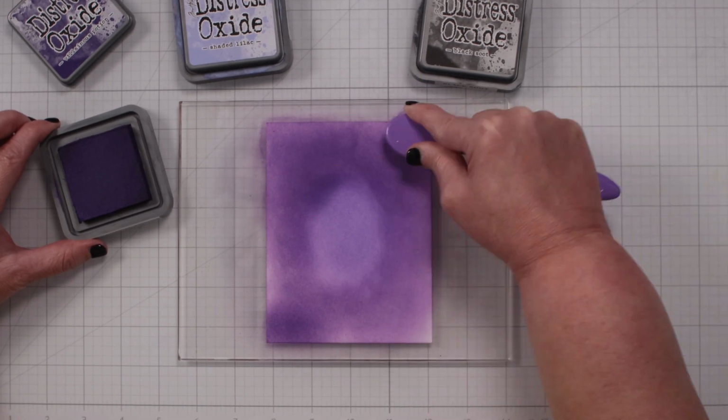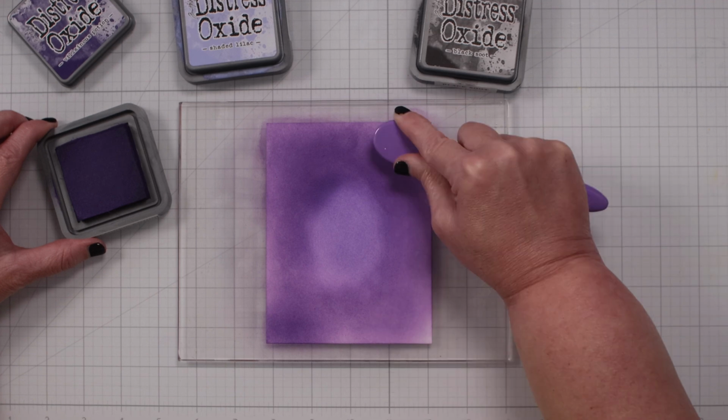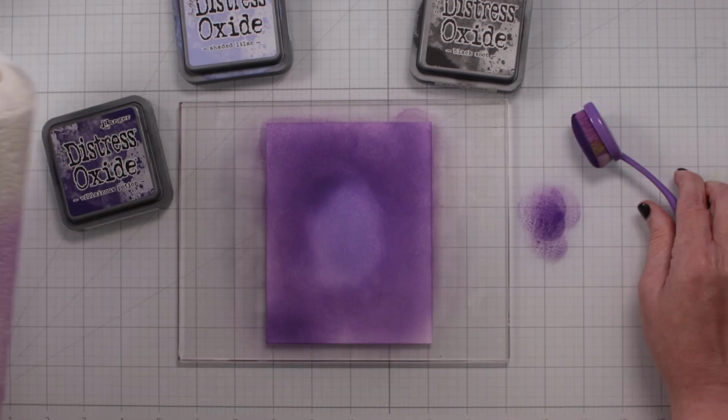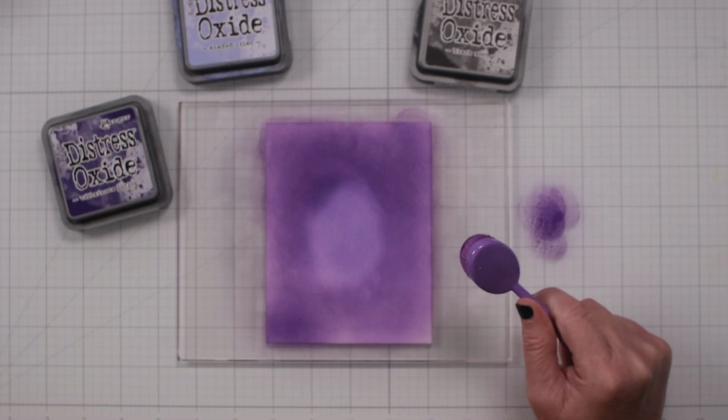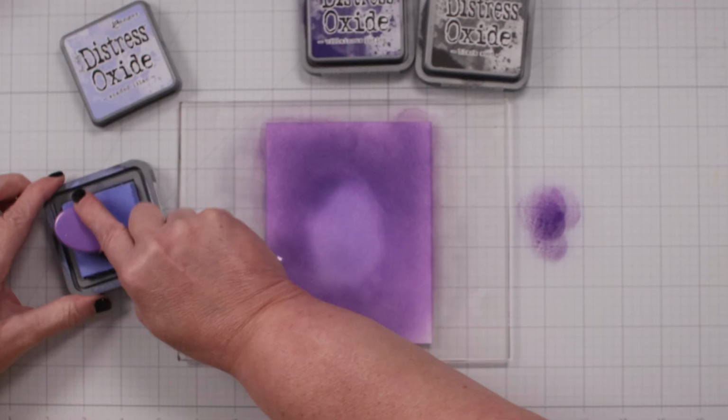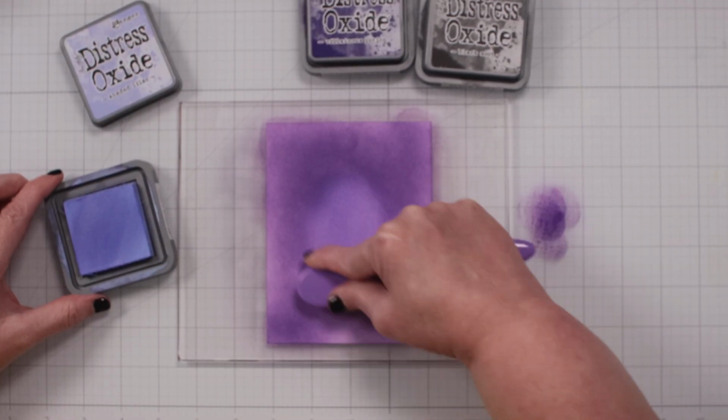Now we're going in with Villainous Potion and blending it around the edges of the card panel to darken things up and add some more spooky depth. This shade really brings out those rich, eerie purples, perfect for our Halloween vibes. Let's keep the